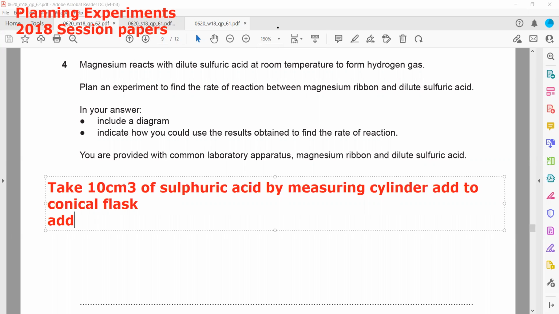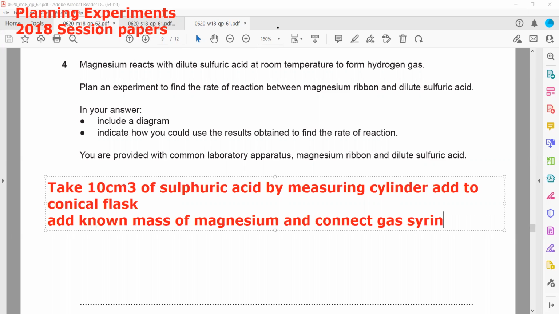Then we will add a known mass of magnesium. And connect gas syringe to measure the